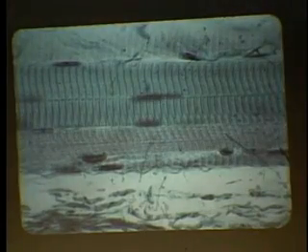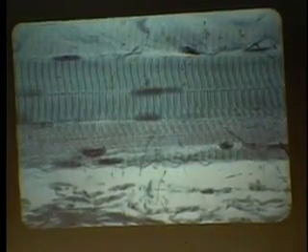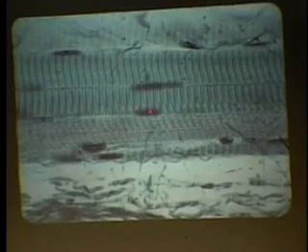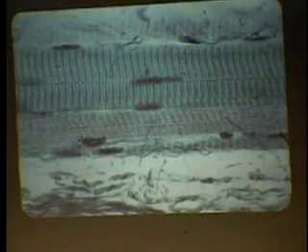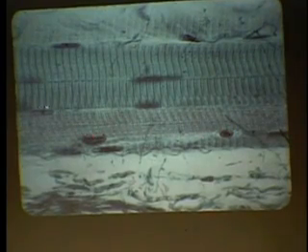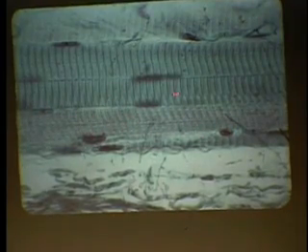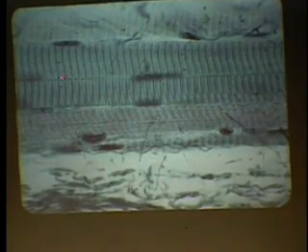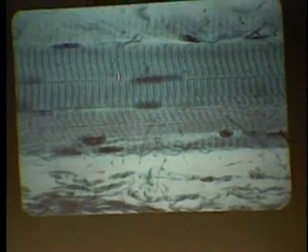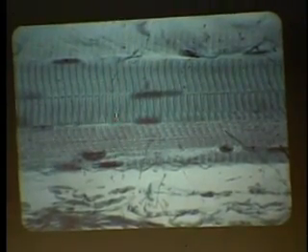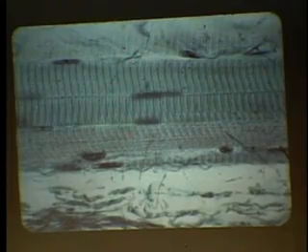Next one. What kind of muscle is it? How do you know? Where is the nucleus here? Peripheral. So you see it's really a very different type of muscle, designed for very rapid contraction in some cases, but you can see your A bands very clearly. Your I bands are in between. In the next one,